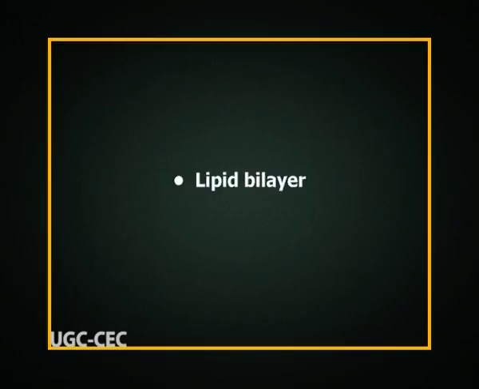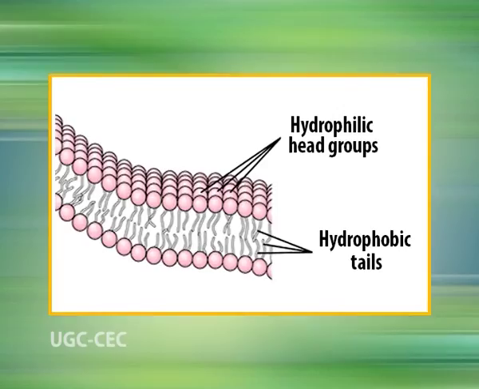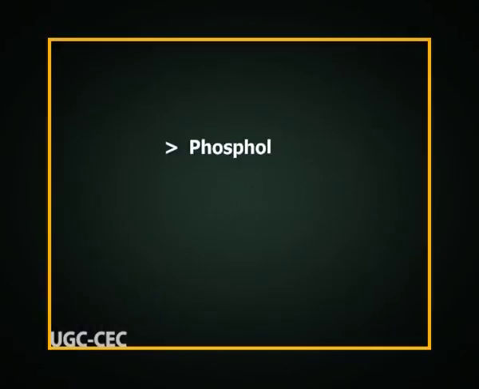Now, the structure of the lipid bilayer. The basic structure of the plasma membrane is the lipid bilayer. This bilayer is composed of two leaflets of amphipathic lipid molecules whose polar head groups are in contact with the intra- or extracellular aqueous phase, whereas their nonpolar tails face each other, constituting the hydrophobic interior of the membrane. The primary physical forces for organizing the lipid bilayer are hydrophobic interactions. Three classes of lipid molecules are present in the lipid bilayer: phospholipids, glycolipids, and sterols.